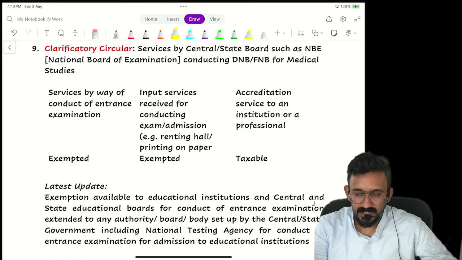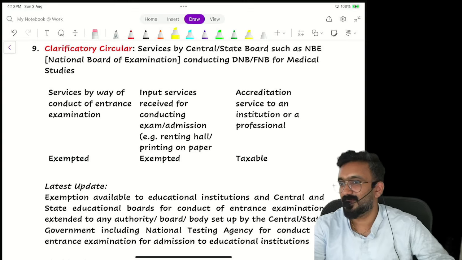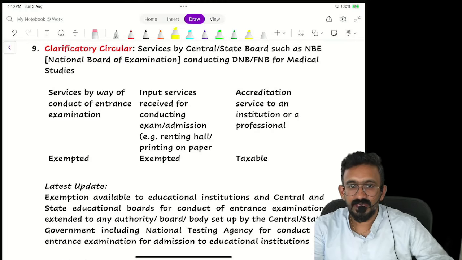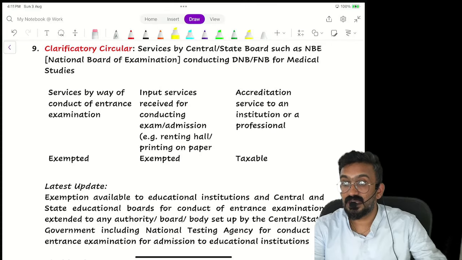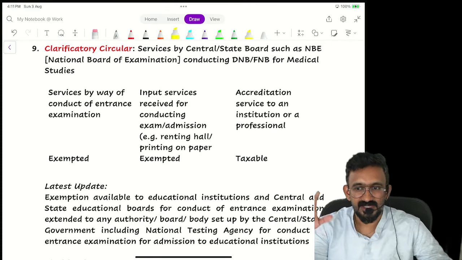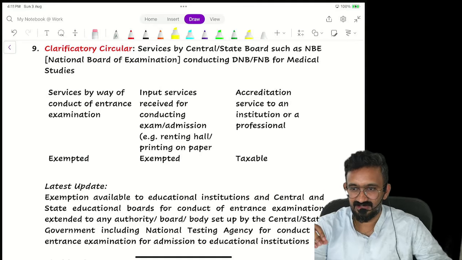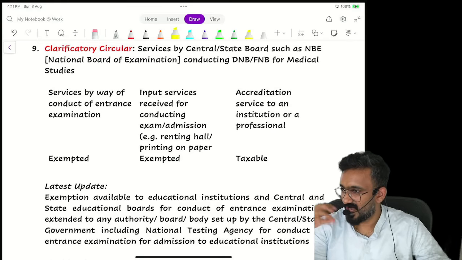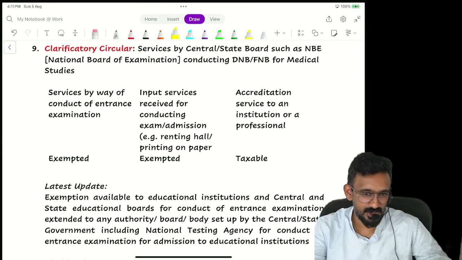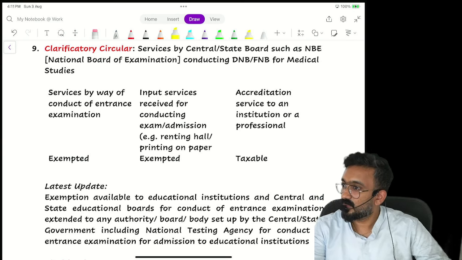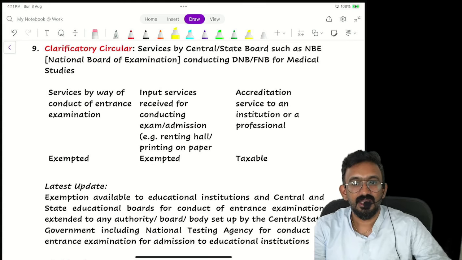Services by central state boards such as National Board of Examination conducting DNB FNB for medical studies. Same confusion. After your medicine MBBS, you have a post-graduation program called DNB for doctors, with specializations like oncology, ophthalmology, orthopedics, gynecology. Likewise, there are so many specializations. They can get a post-graduation program. For that they need to write an entrance exam. Who conducts this? Central